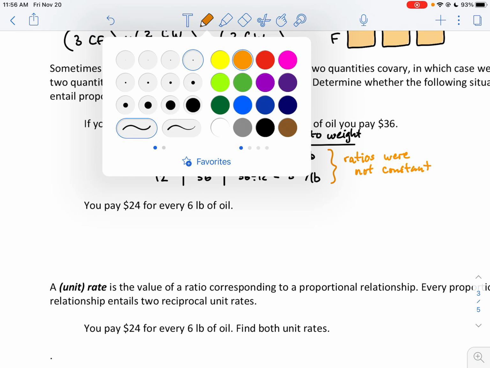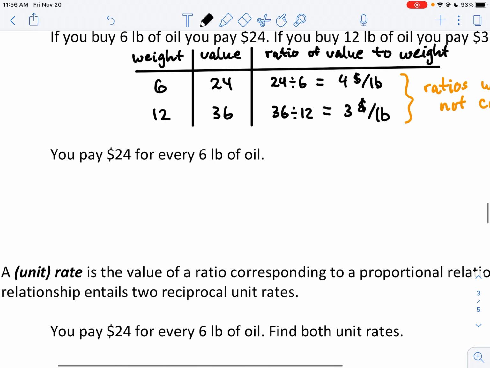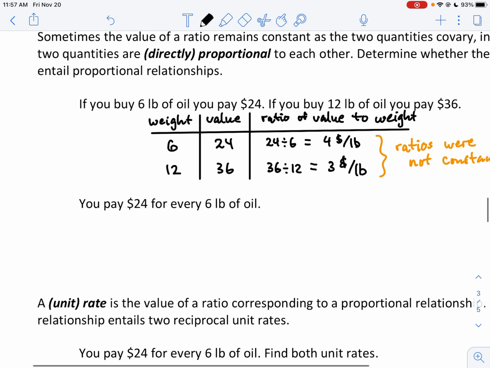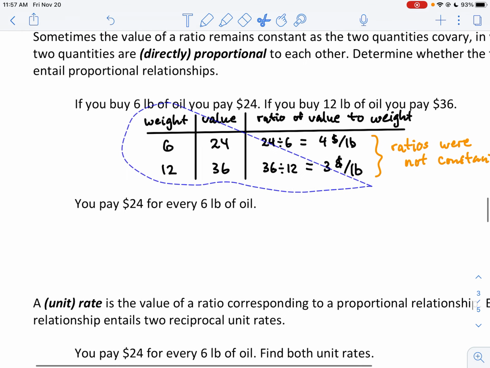But let's say that doesn't happen. You don't get any bulk discounts. And so notice how this one's phrased. You're going to pay $24 for every 6 pounds of oil. This isn't saying that you pay for 6 pounds once and pay 24 once, and then later maybe you get a different rate. This is saying that no matter what, you come into the store, you're going to pay $24 for every 6 pounds. So if I were to repeat this table,